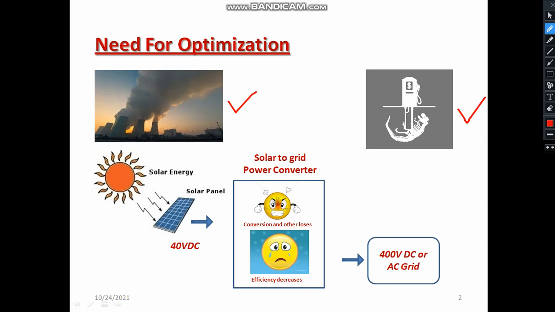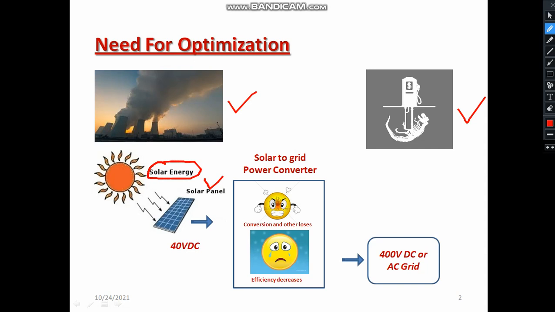One of the best examples of non-conventional energy sources is definitely solar energy. In tapping of solar energy, we are using the SPV technique, solar photovoltaic technique. Here the solar panel is the main heart or main component of the SPV system. The main issue of the solar panel is poor conversion efficiency. The conversion efficiency is very poor in the case of a solar system. The efficiency will be around 15% so far. There are a lot of R&Ds going on.